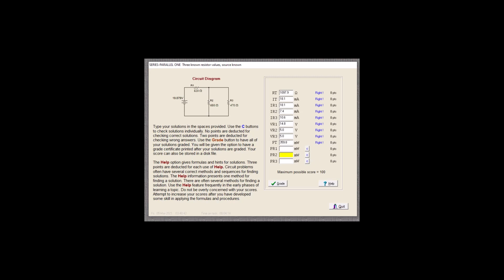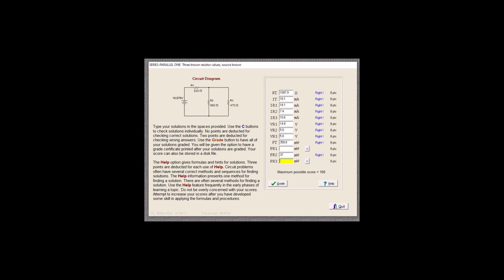So we got 5 volts times our current of IR2, 7.4 E minus 3, 37 milliwatts. And PR3, which is that one, will be 5 volts